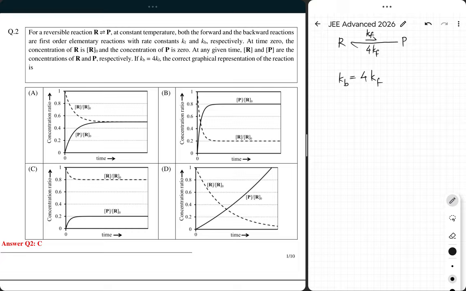Let's just quickly have a look at the options. In the options A, B, C, D, we see that there is some quantity, concentration of R by R naught, and there's another quantity, concentration of P at any time divided by R naught. So comparing these,